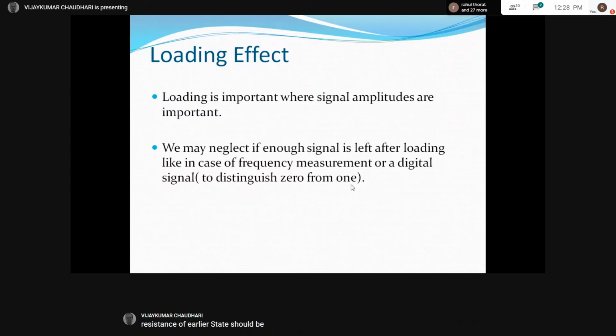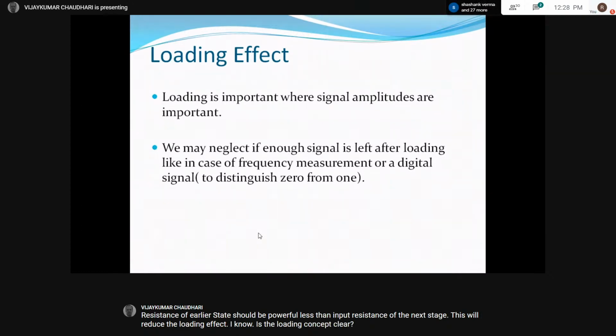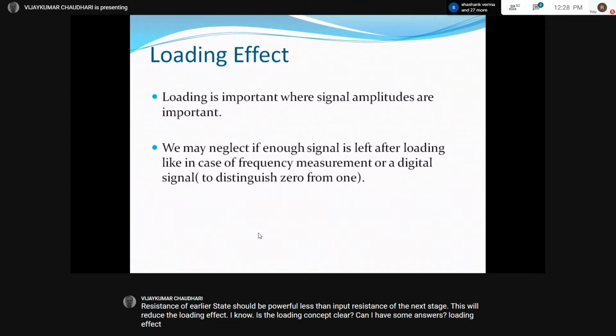I think it is 1.8 volts, something like that. If I'm correct, 0 to 1.8 volt, the level is considered as 0, and 2.7 to 5 volt level is considered as 1. So if the drops in voltage are within this range, that won't affect. So loading won't affect digital